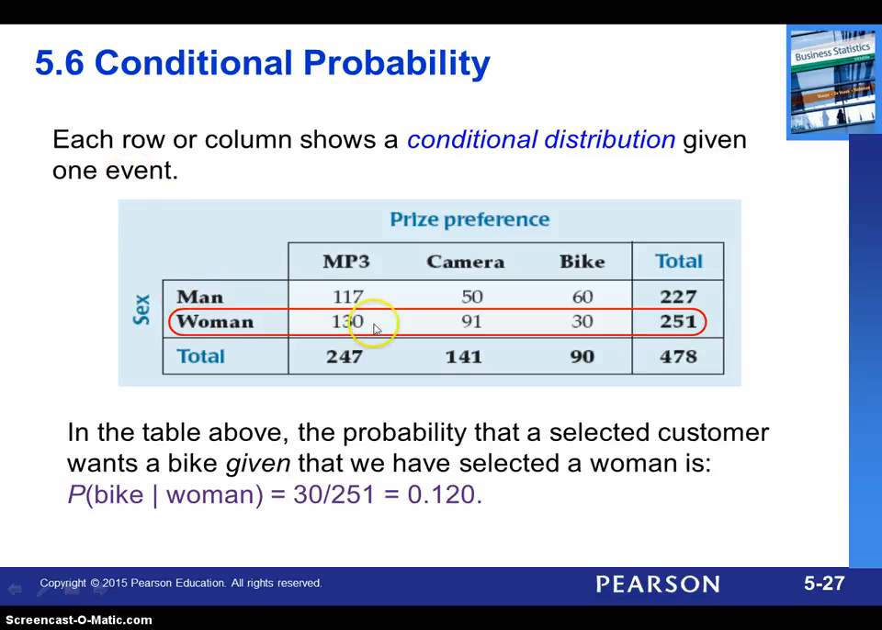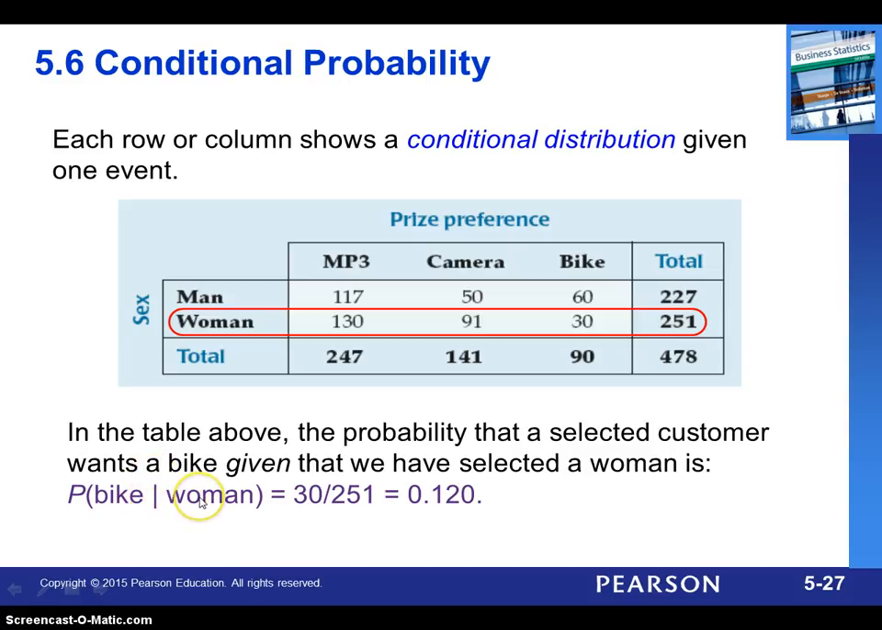All the numbers associated with women here are a condition that we have selected a woman in our survey. This is the event that it is a woman. So we're given that we selected a woman in our survey, and now we can ask, given that we talked to a woman, what's the probability that she wants an MP3 or a camera or a bike? The way we're going to write that is the probability of the thing we're curious about, given, and we use this vertical bar to stand for given,